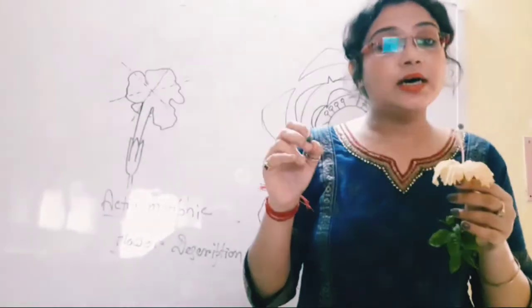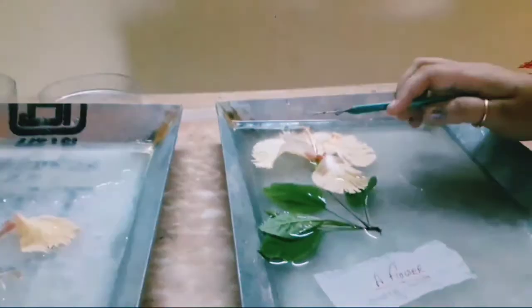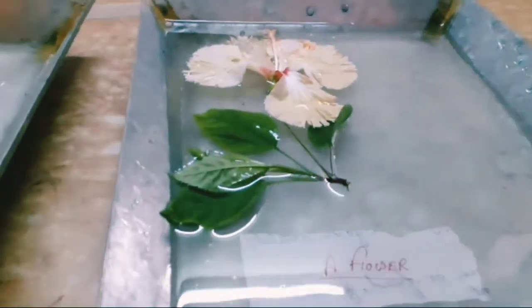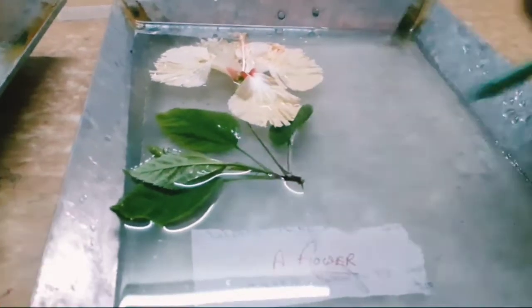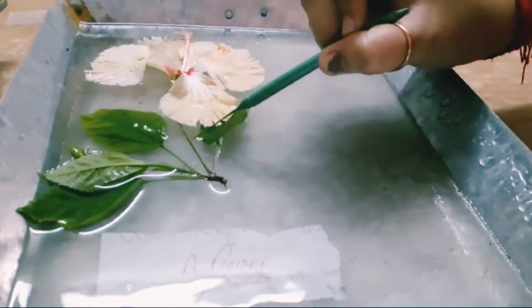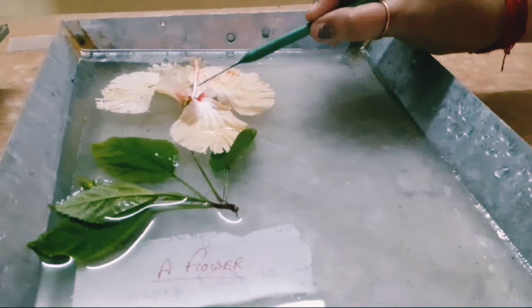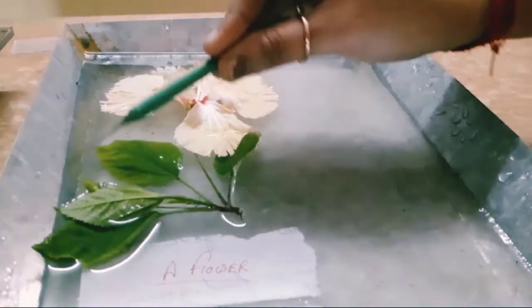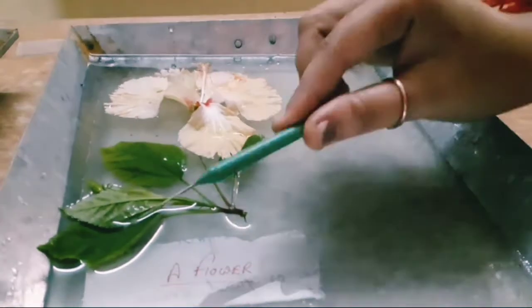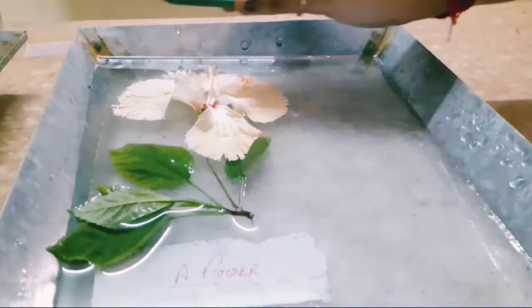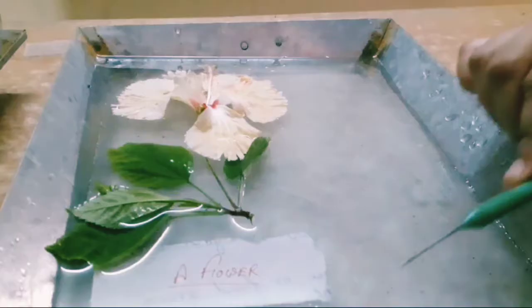Now, in a dissecting tray, the flower is arranged in a watery medium. Look, a complete flower. Leaves are there. There is a stalk-like region known as pedicel. Yes, these are the petals. This is the staminal tube. So if we have to explain the whole flower in your practical, we have to describe this flower in a watery medium in this manner.